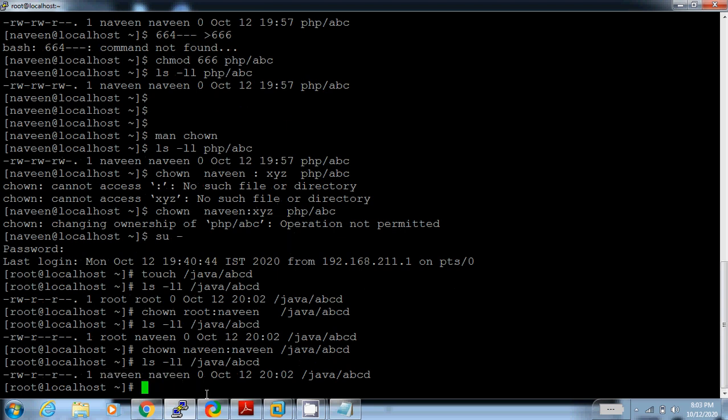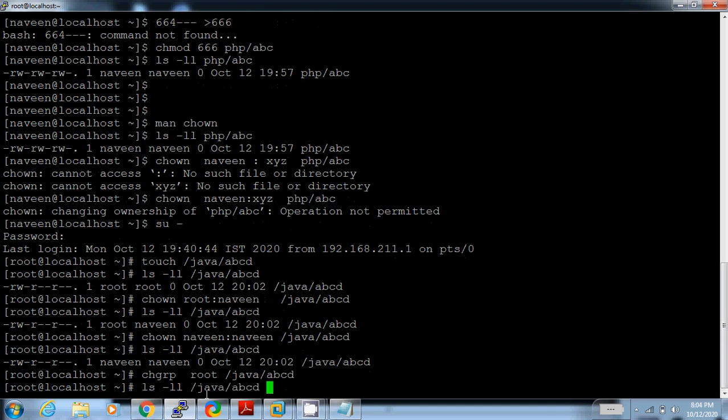If you want to change only group, then you will use the command chgrp. Then command is chgrp root Java ABCD.